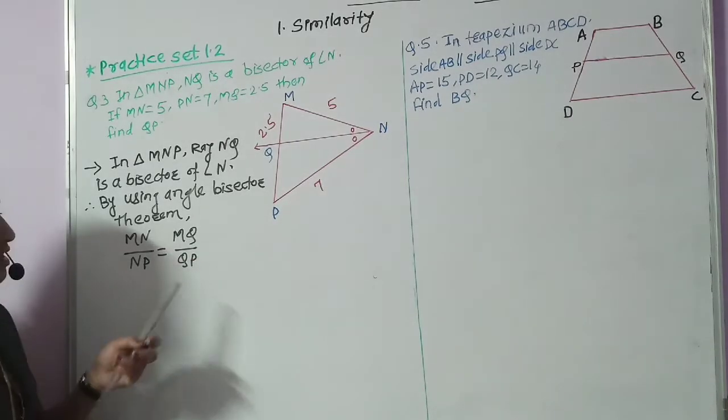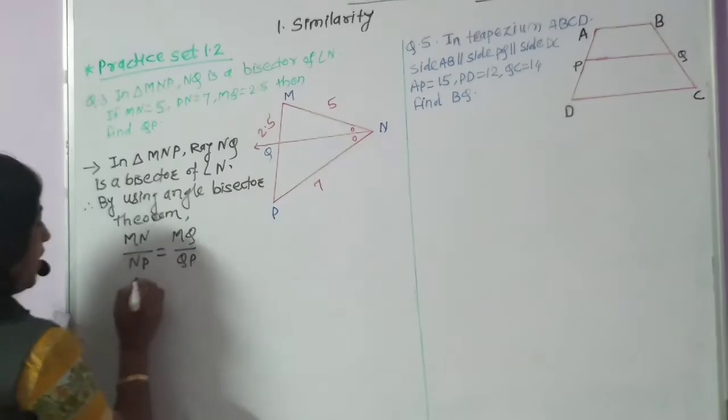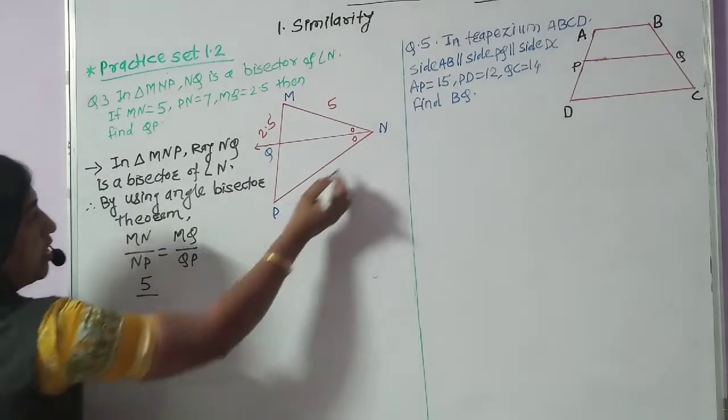Put the given values in this equation, we get the value of MN is 5 upon the value of NP equal to 7, which is equal to the value of MQ equal to 2.5,